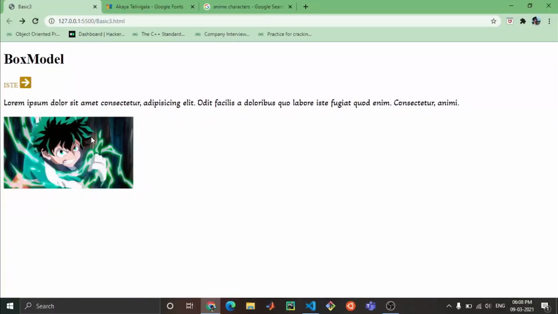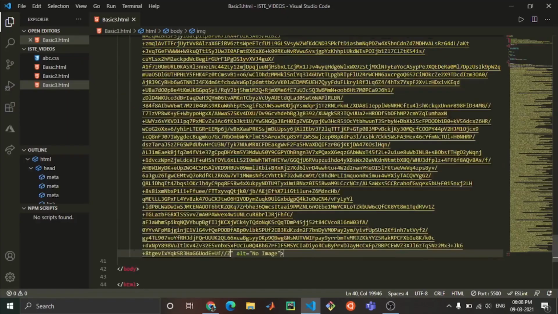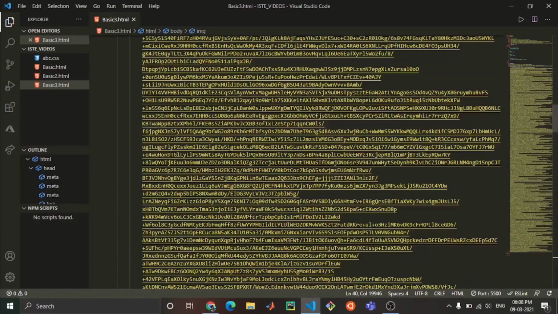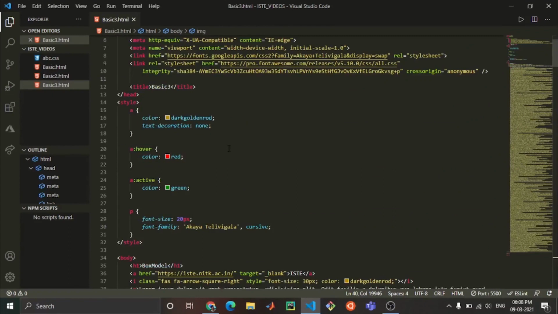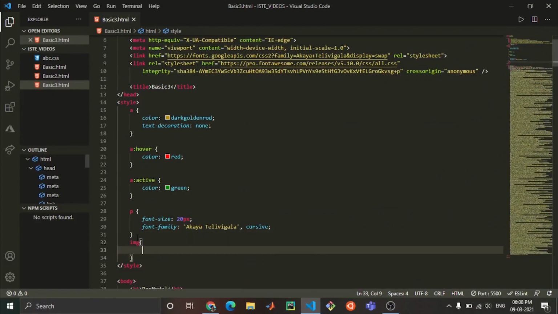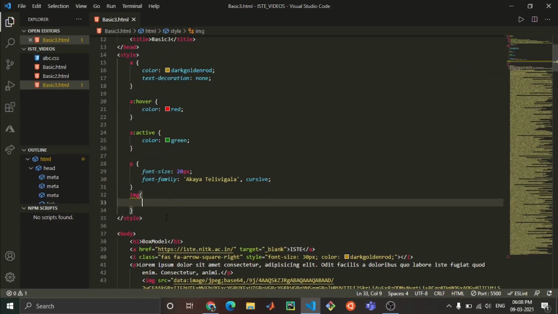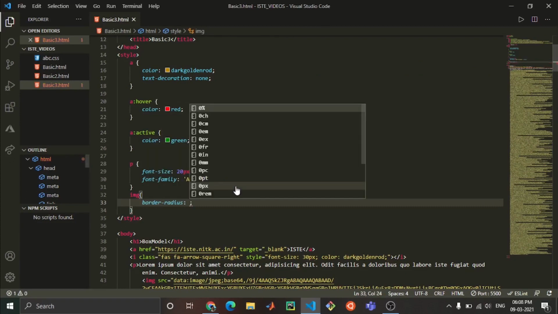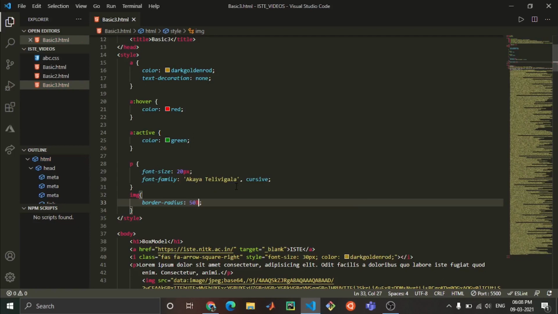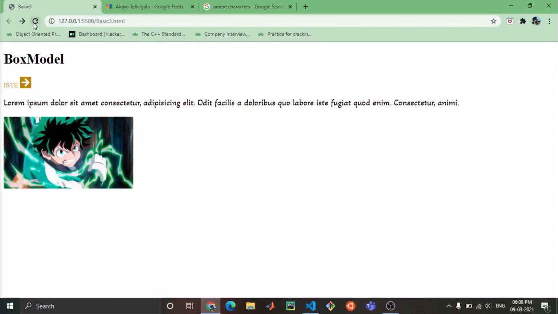Now you can see, this is my image. Now I can give some designing to this image as well. Okay, this link was very big. You can also give classes and IDs to the image. The class and ID concept works in all these tags. So I want the border radius to be 50%. Here also percent, pixel, rem, em, everything works. So it will just become like a circle now. Okay, you have seen it is becoming like a circle.